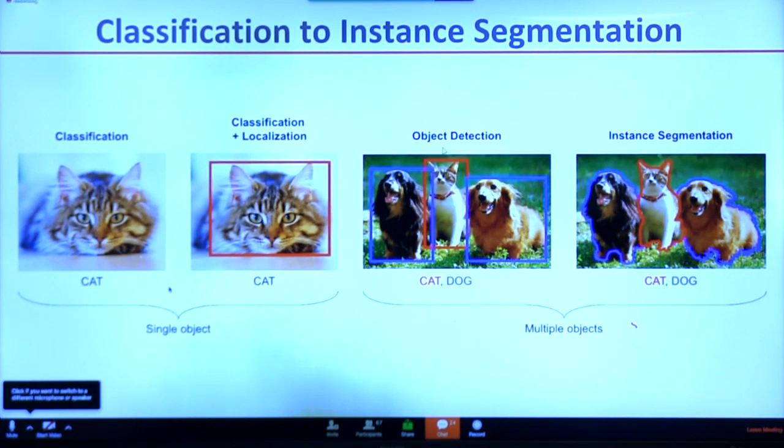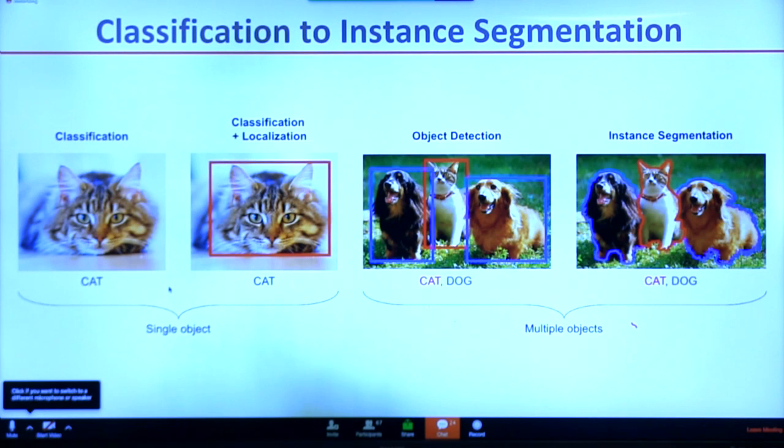Machine learning can be applied to various use cases in computer vision, starting from classification to instance segmentation. If you consider the first image, the task is to identify whether an image contains an object or not. This is just plain classification. It can be a normal binary classification or multinomial classification. This is a fairly simple problem to solve based on the current state of the art in machine learning